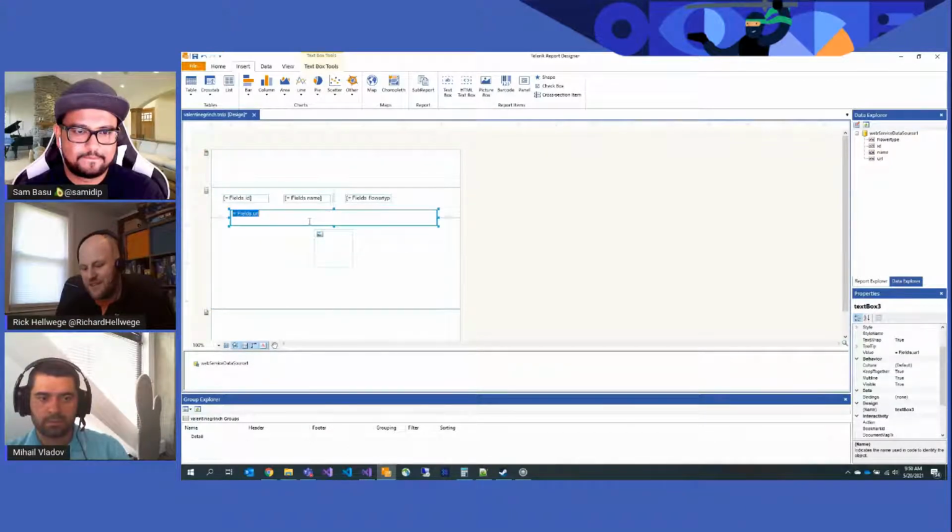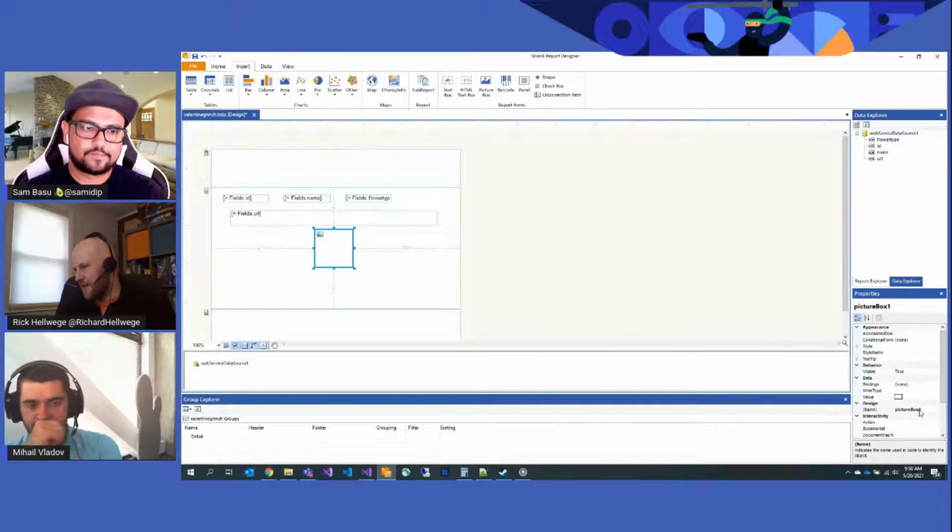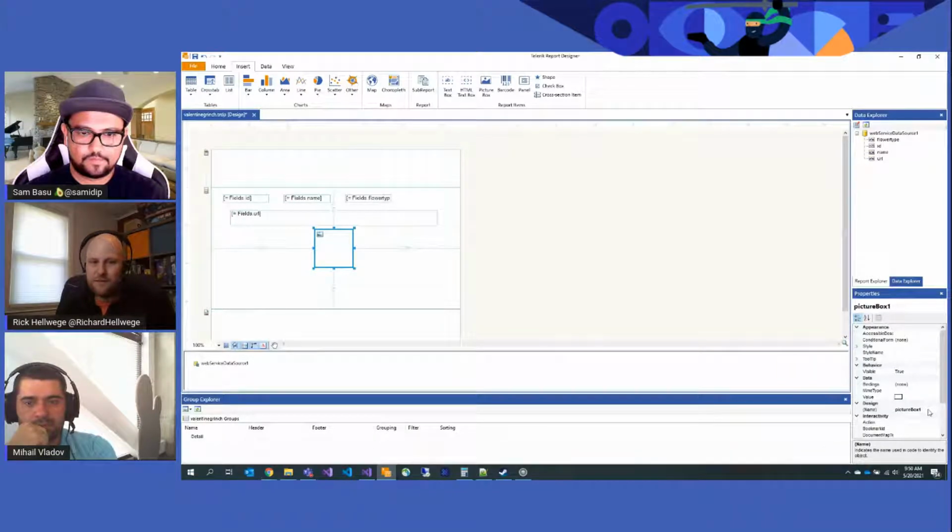And the picture box is an incredibly versatile item. I don't know how they designed something so cool. It will basically visualize almost anything you want to give it. You can give it a file URL off of your local file system, and it will handle that. You can point it to a remote URL like I'm about to do, and it'll handle that fine. You can put an encoded base64 image in here, and it will decode that into your image.